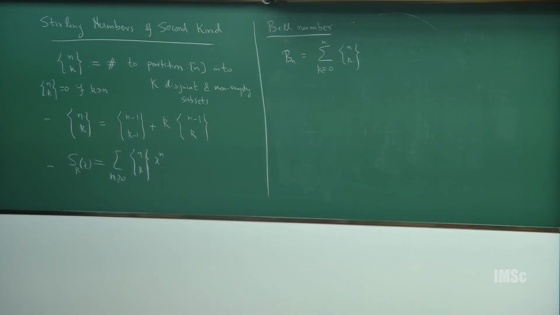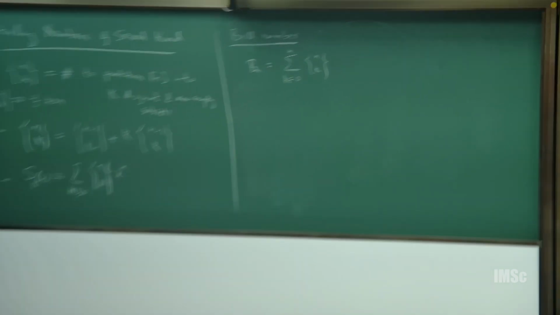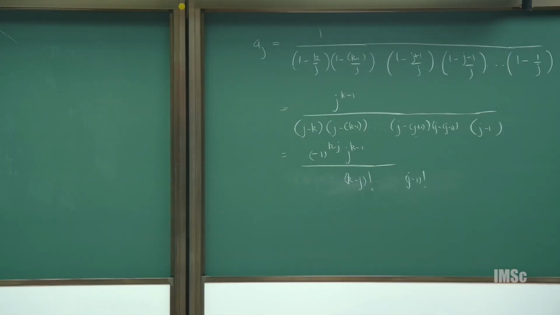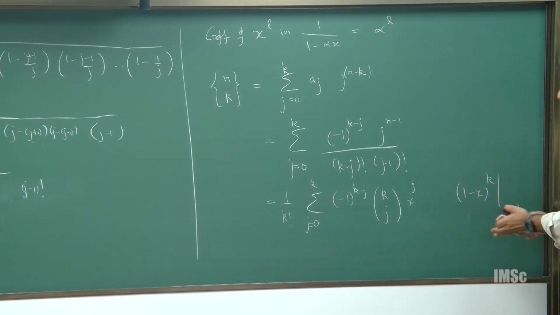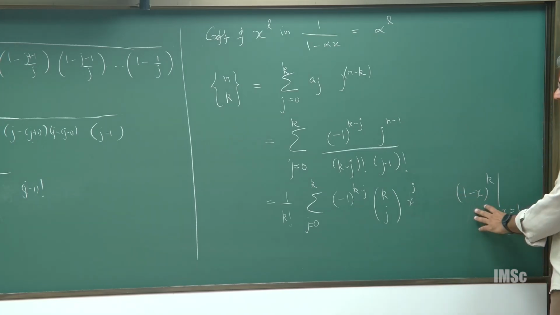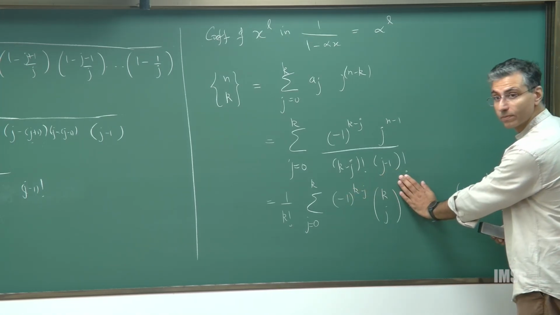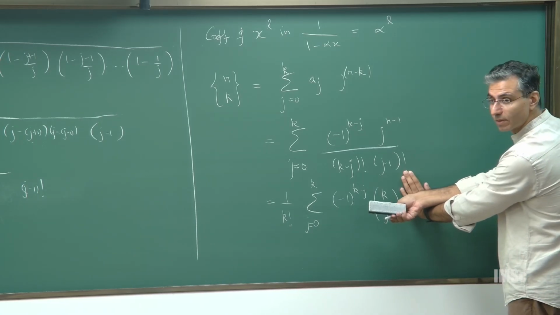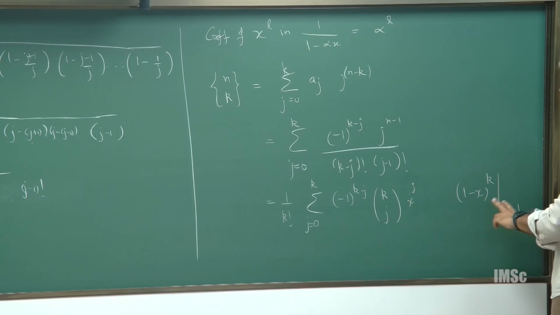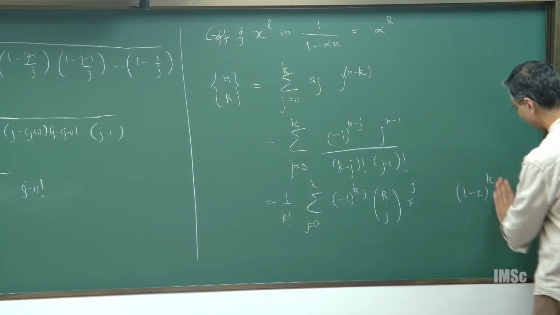This is 1 minus x raised to k, and you evaluate it at x is equal to 1, right? 1 minus x raised to k would have an x raised to j here, but if you evaluate this at x is equal to 1, you will get this number. That means this number is 0. Okay. Now, what will you do? Now take 1 minus x raised to k,